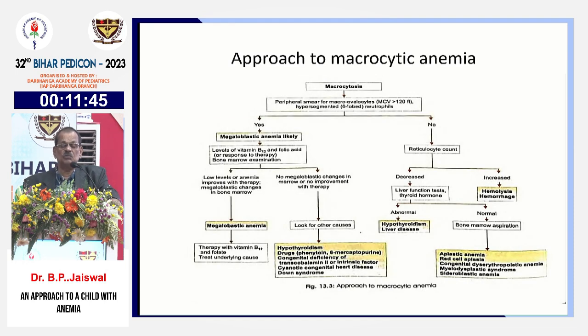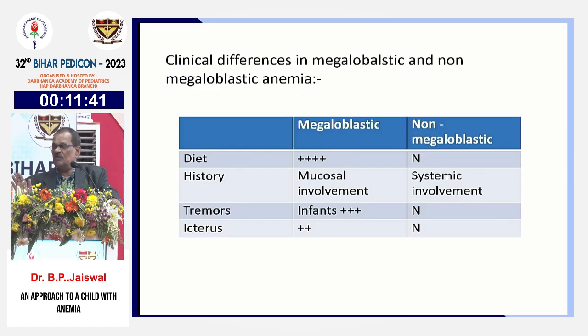Approach to macrocytic anemia, this is the flow chart. किताब में दिया हुआ है, आप सबको देख सकते हैं. Clinical difference in megaloblastic and non-megaloblastic anemia. Diet is very important because आपको megaloblastic anemia में you will get the history of vegetarian diet. Number 1. Number 2, हो सकता है goat milk वो पिला रहा हो, बकरी का दूध दे रहा हो जो